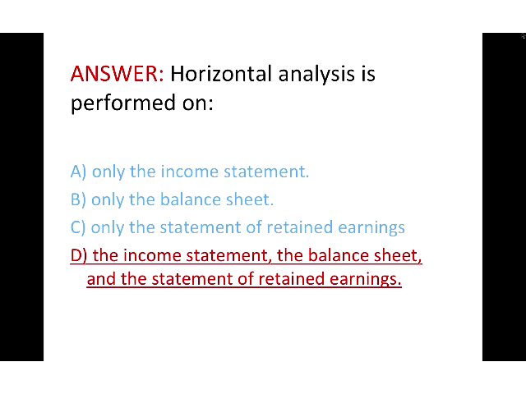Okay, so you can do horizontal analysis on the income statement, the balance sheet. You're looking at changes over time on the income statement, on the balance sheet, on the statement of retained earnings. So horizontal analysis is performed on all three statements. This statement that's missing here, statement of cash flows, typically you don't do horizontal analysis on it. That's why it's not listed. So there's four main statements, but